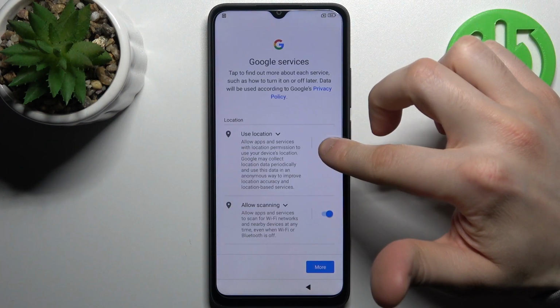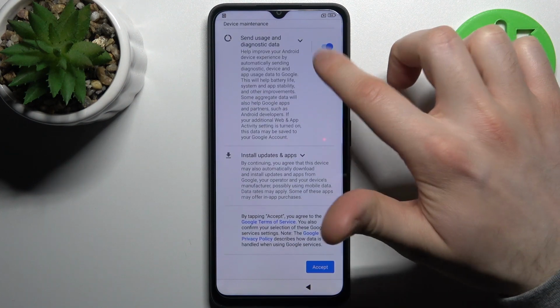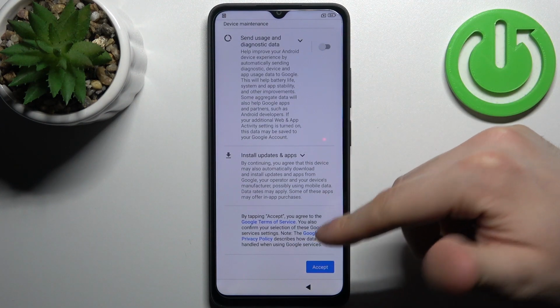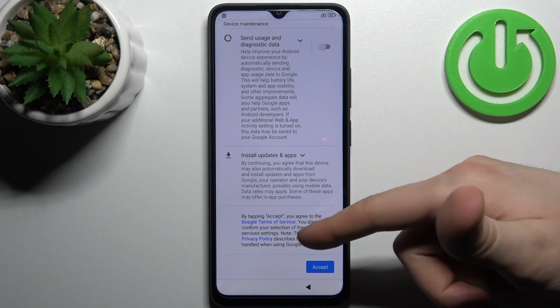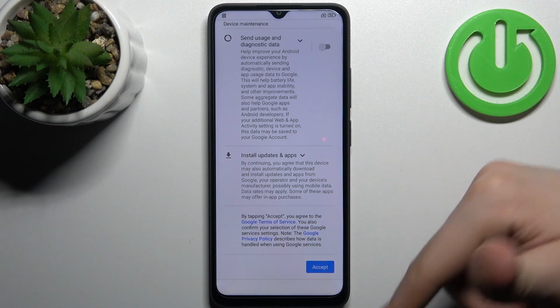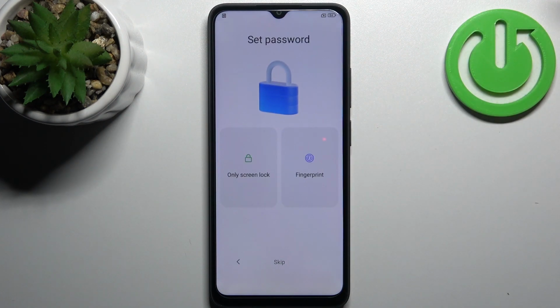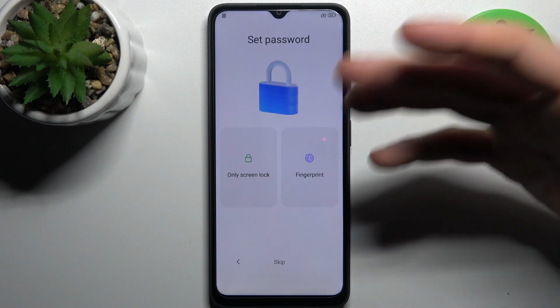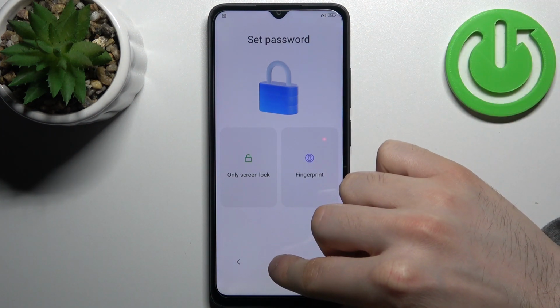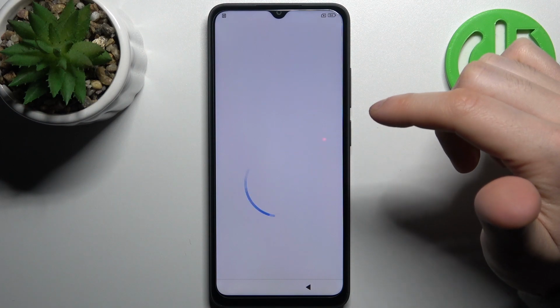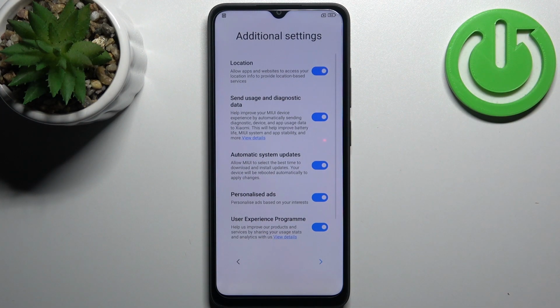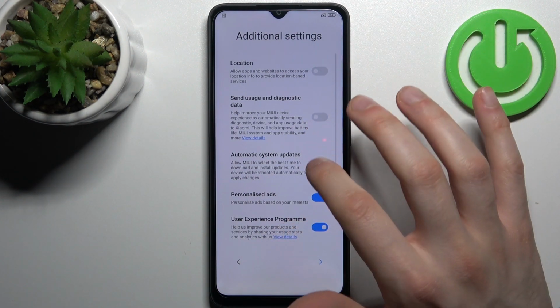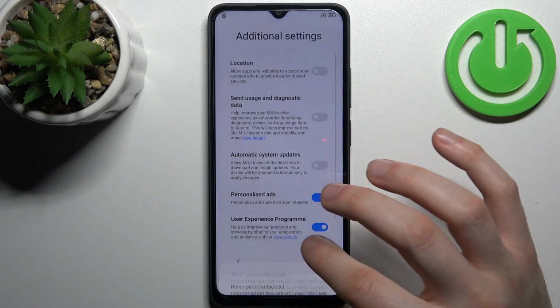Then you have Google services. I suggest you to disable them all, but in any case you will have to accept Google's terms of service and privacy policy. Then you can set up a password, which is screen lock, but you can also just skip this step and do this later in settings. Then I suggest you to disable everything here,